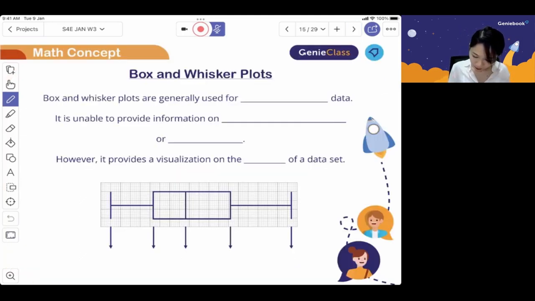So why number lines? Because number lines will be needed in the next part of our lesson, which is box and whisker plots. Box and whisker plots are generally used for summarizing data. So if we want a brief summary of a set of data, then we use the box and whisker plots. However, it is unable to provide information on